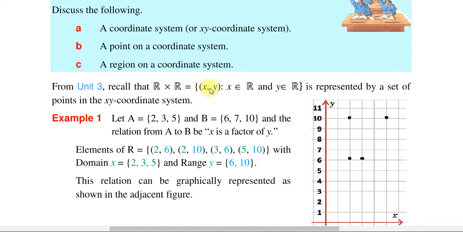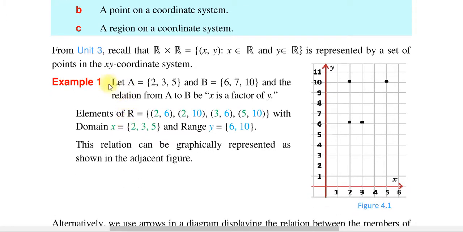ስለዚህ ስለነዚህ ነገሮች እናወራለን ማለት ነው ወደታች። So from unit 3 recall that R cross R is a set of XY such that X is an element of R and Y is an element of R ማለት ነው። which represent የሚያደርገው ምንድነው? by the set of points in the XY coordinate system እንደሆነ ዩኒት 3 ላይ አይተናል። ኦኬ ስለ ሴት ስንወራ ማለት ነው።